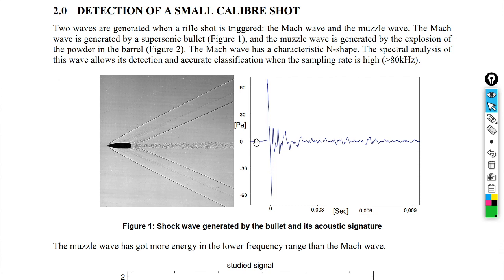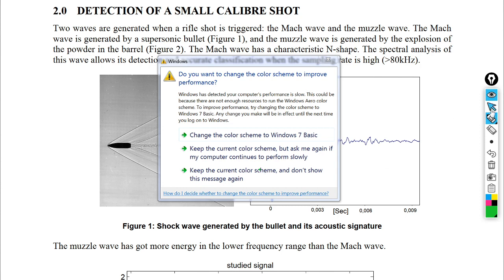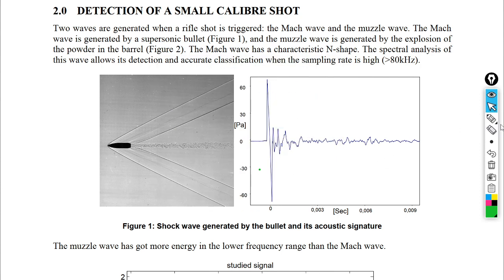So now here we're going to talk about detecting a small caliber weapon fire. And what they're talking about here is detecting 2 things: the Mach wave produced by the supersonic projectile, and on the left we see a picture of it. It's taken by Schlieren photography. And let's leave it pretty big. Let's go with green. I like green. So anyway, here you can see the bullet